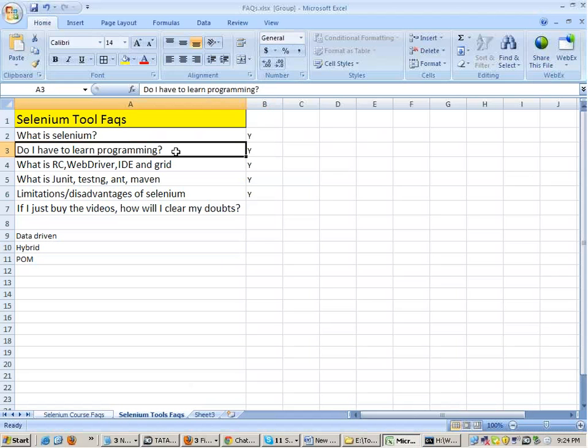So this is about the course, about the tool. Now we will just start off with the course and see how we will be continuing, and I'll start off with the Java language. Now, there are some people in this course who have got no language background, or it is like I want to know